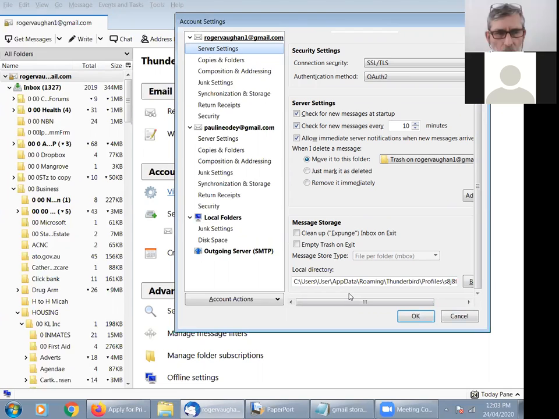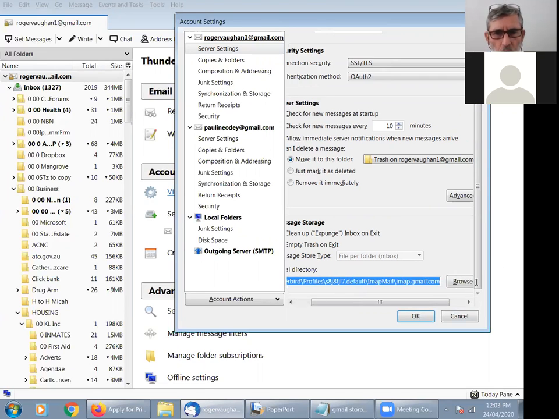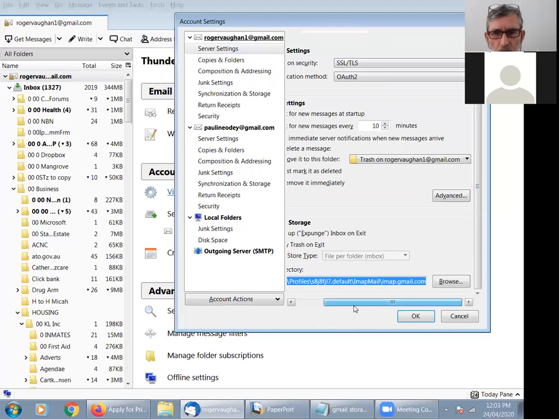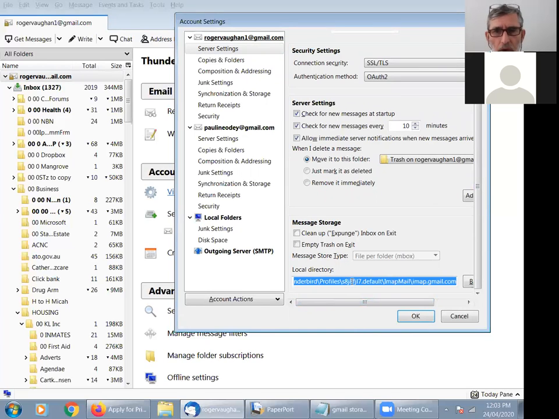Now, unfortunately, that local directory typically is a very long, what's called path name. So what we're going to do is make a copy of that. Now, Roger's already done that, but we'll do it again just for the fun of it. Just put the pointer on that, Roger, and click once and drag a little bit. You could drag over it, but a quicker way, once you've dragged over a little bit, hold down the control key and press A, and that will select the whole lot. That's all right, Roger. Now you put the pointer on it again and right click